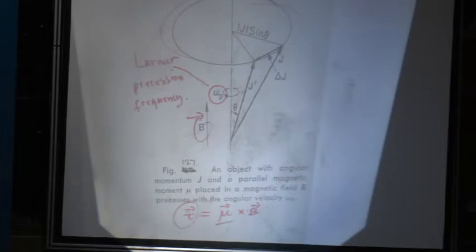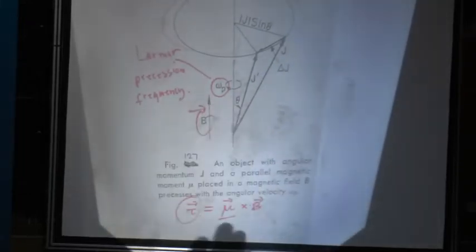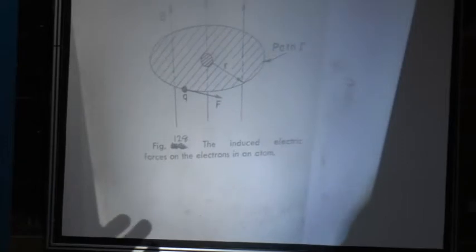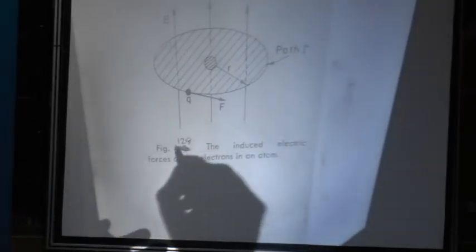So in effect, this thing is just behaving like a little gyroscope. And the mechanics of the gyroscope are quite difficult. And being as the analogy breaks down eventually anyway, I'm not going to pursue that, but I thought I would mention it. And if you like, the origin of diamagnetism in the classical way looks like it's as illustrated in